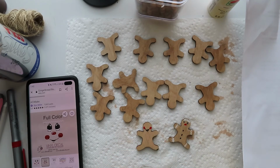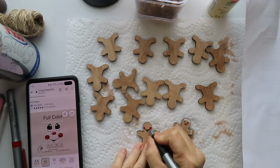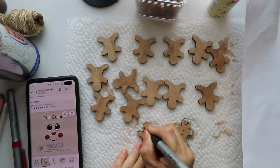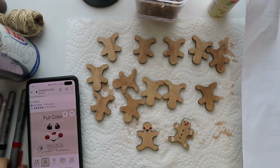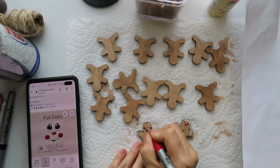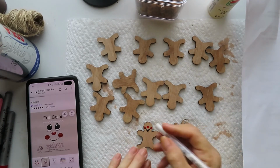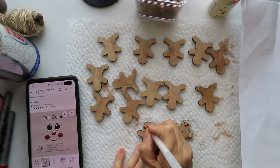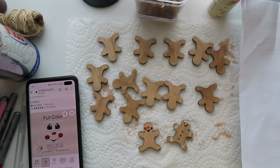Okay, and then we're going to do her little, oh wait, we have to do her lines going up into here. Okay, we'll figure that out as we practice, because that's looking a little crazy. I'm going to put her nose about right there. Do a white strip. Right there. Then we're going to do